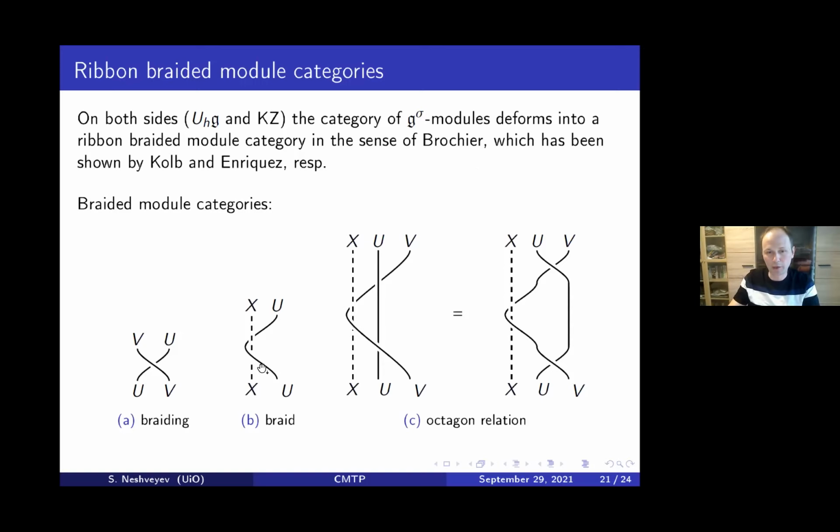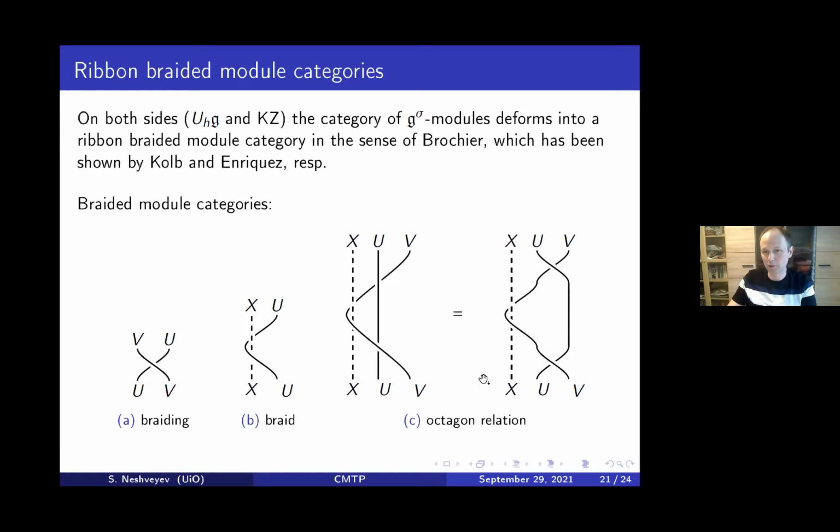You have a modular category. So you have some objects in the category, and you allow tensoring them on the right, so a right module category over some tensor category. And you require that there exists a natural morphism from X tensor U into X tensor U, which you depict in the same way as we depicted this extra generator in the type B braid group. And there are two relations which imply the relations we had in the braid group.